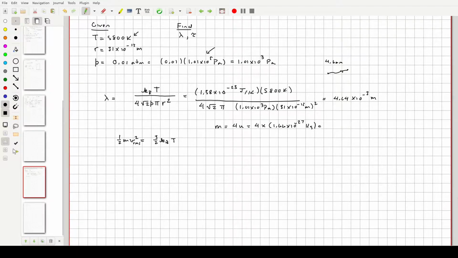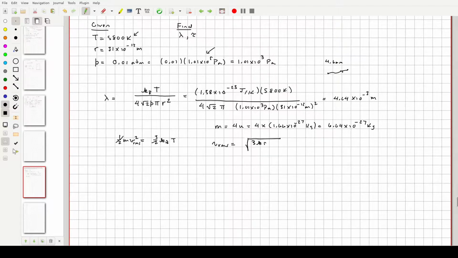So let's see here. 4 times 1.66 times 10 to the minus 27th. This is going to be 6.64 times 10 to the minus 27th. So that's our mass. So now it's just finding VRMS. We'll go ahead and cancel out the halves there real quick. And VRMS is going to equal the square root of